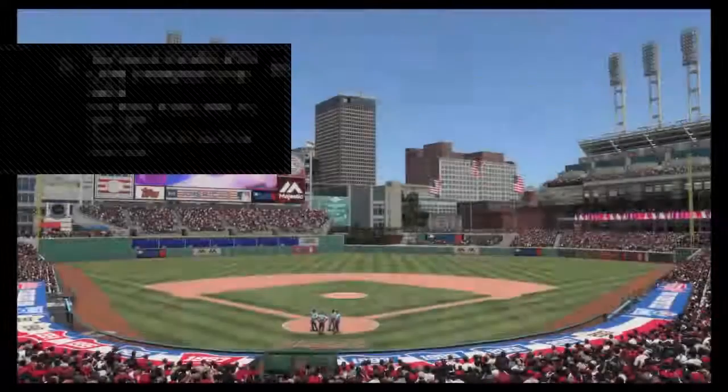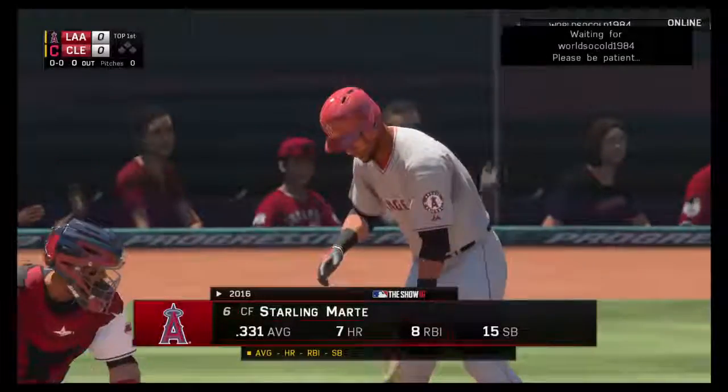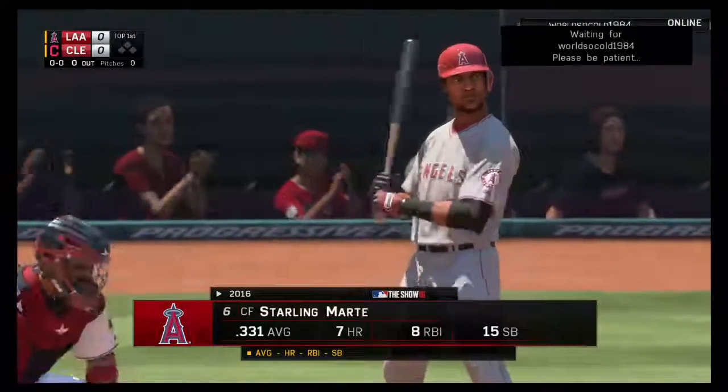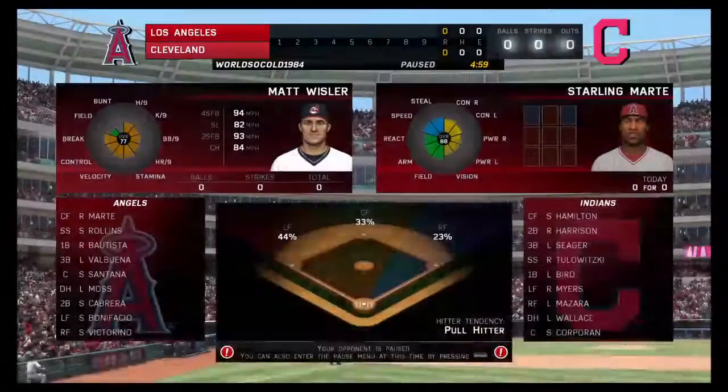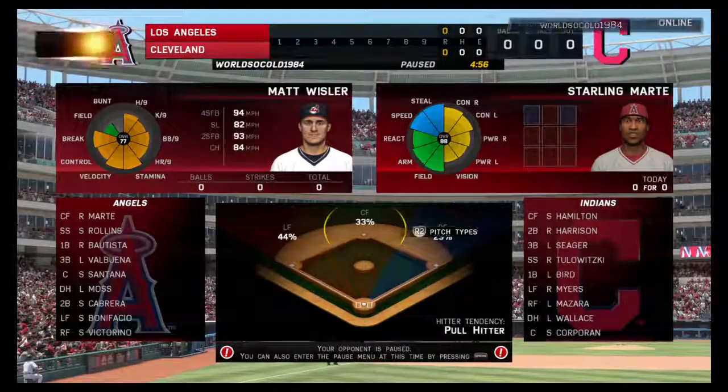First opened for business in 1994. There's a look at Progressive Field here in Cleveland. Today, it's the home opener for this new season between the Los Angeles Angels of Anaheim and the Cleveland Indians. These two should provide some...